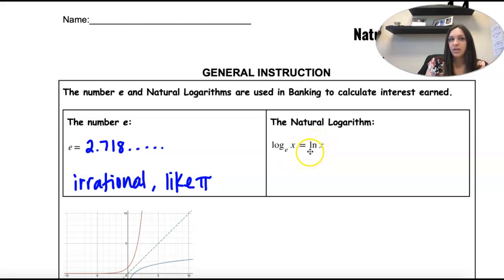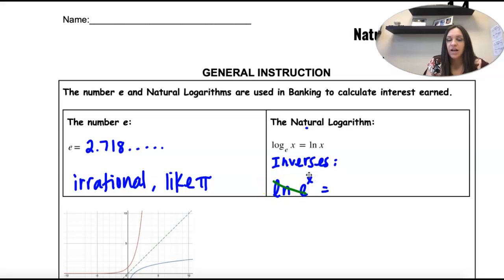A lot of times you'll hear teachers or people say ln when they write it. So ln of x is the log base e of x. Okay, so the natural log and e are inverses. Okay, so if I have the natural log or ln of e to the x, these are inverses, ln and